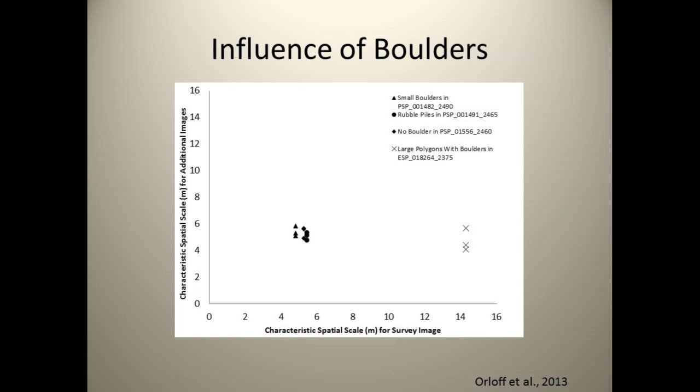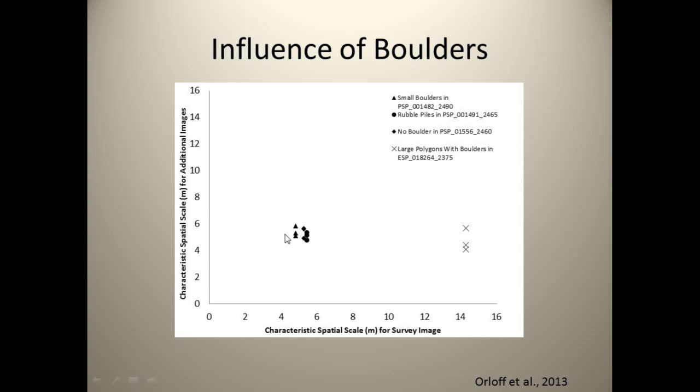One other problem that is important, though, is that the images that we have to use must still be picked out by eye to avoid the influence of boulders, especially at large polygon sizes. If there are boulders present in an image with large polygons, the boulder's characteristic size will influence the spatial scale that we find. And so this really will affect our image surveys. We can't just automate our image surveys necessarily. We still have to pick out our images by hand.